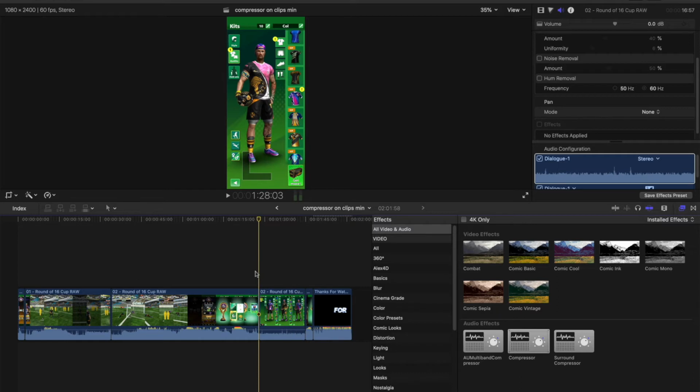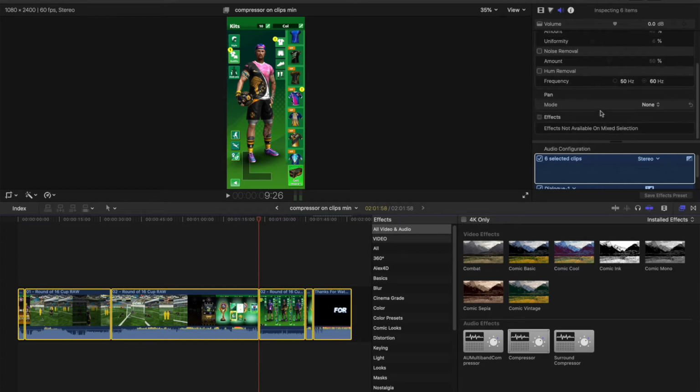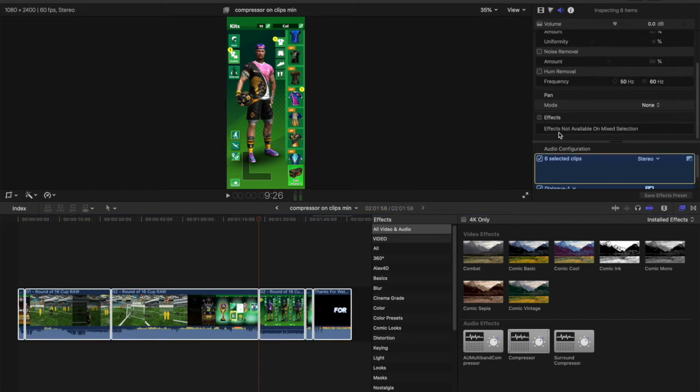Alright, so we Command A to select all the tracks. I just want to show you, it seems like this is the way that it will work. So we drag it onto that one, say, and you see it is put the compressor clearly on that track, right? So you think that it's put it on them all, but here it's saying effects not available on mixed